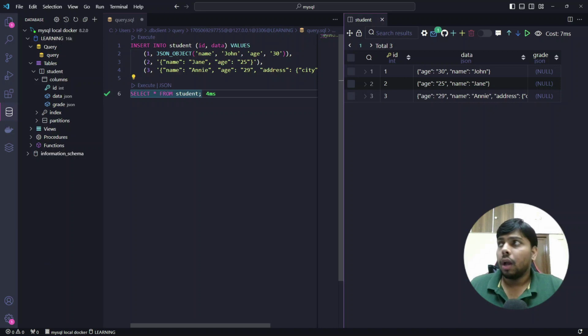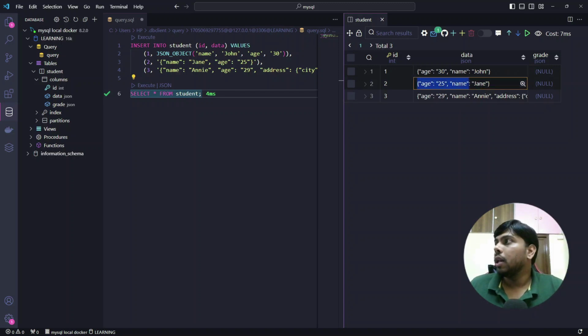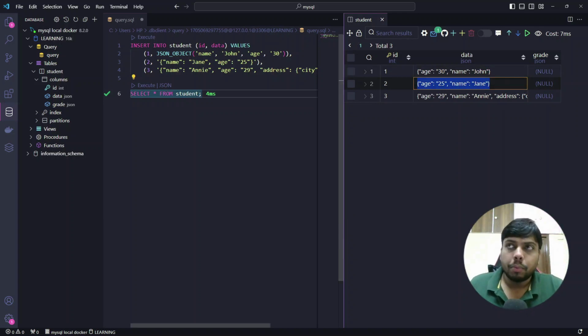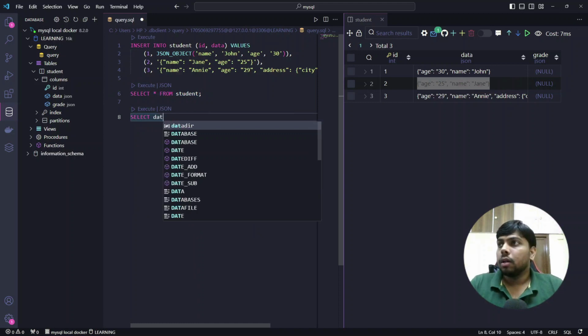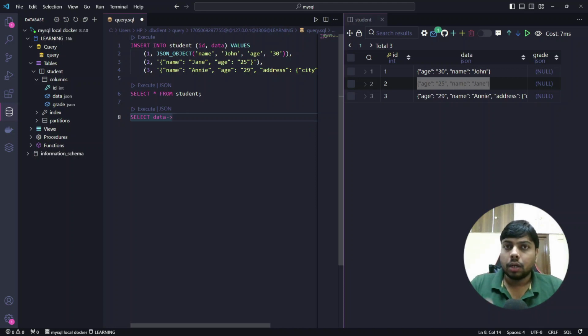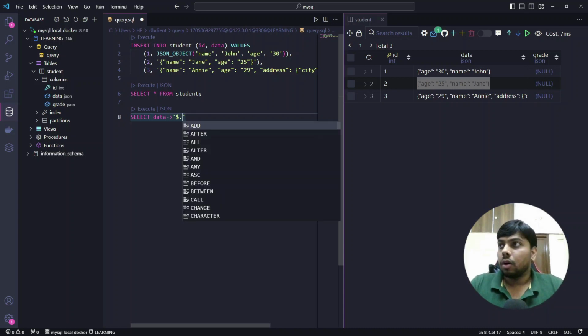Now I want to select the name of this column. Within this data column, we have a JSON object. Within that JSON object, I want to get the name, not as a whole JSON object string, but only the name property. So how can I write a query? I can select data, then I will use an arrow mark, that is a dash and a greater than symbol. Then I will use the dollar operator dot name,